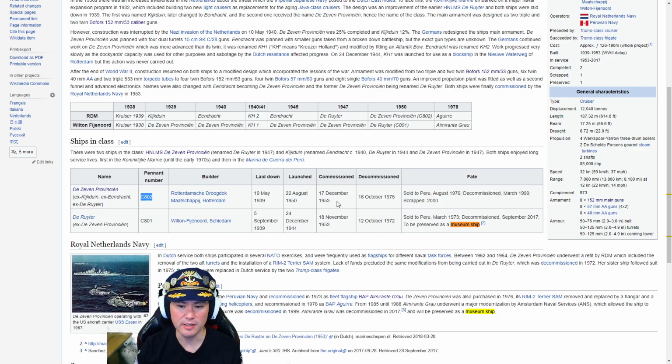It was commissioned on the 17th of December of 1953. Decommissioned 16th of October of 1975. It was sold to Peru in August of 76. Then it was decommissioned in March of 99 and scrapped in the year 2000. Now, what's interesting to me is that there's also the De Ruyter, which is the ex-De Zeven Provinciën, hull number C801,